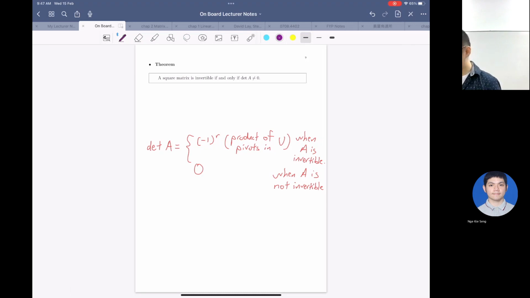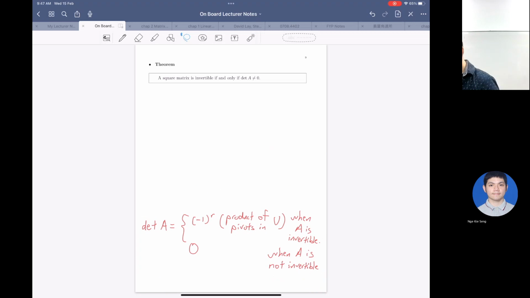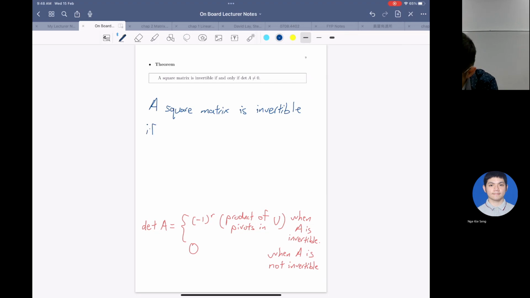Next, actually we haven't gone through this one. A square matrix is invertible if and only if the determinant of A is non-zero. This theorem should follow from what we learned last time. A square matrix is invertible if and only if it is row equivalent to